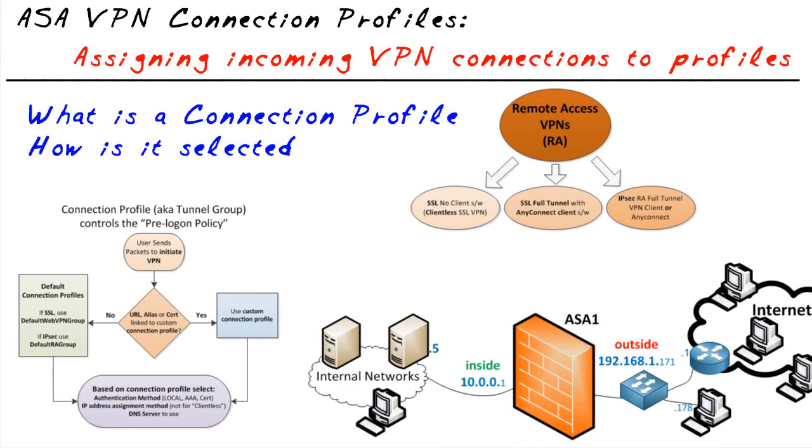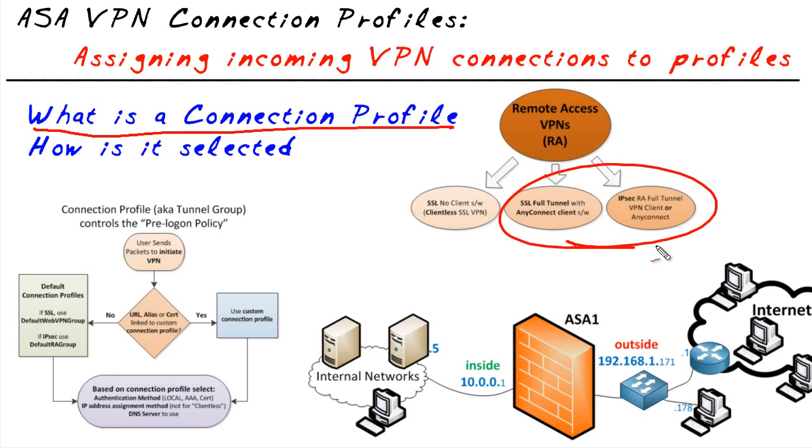So in this MicroNugget, we've identified what a connection profile is all about. It's the initial mechanism that the ASA uses to identify how to authenticate a user, which AAA server, local database, etc. to use, and where appropriate, which pool of addresses to use. We've also identified the options of how the ASA can know, even before the user authenticates, what connection profile they're going to use, either by specifying a URL that's linked to a connection profile, an alias that the user gets to choose from a drop-down list, or use an identity certificate and extract information from that to associate the connection with a